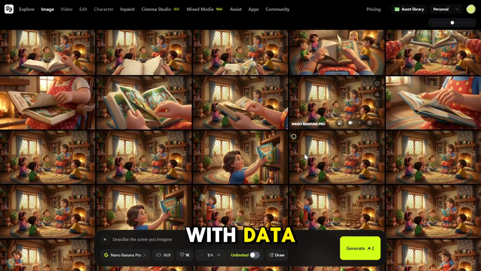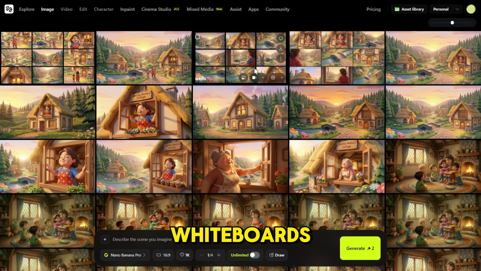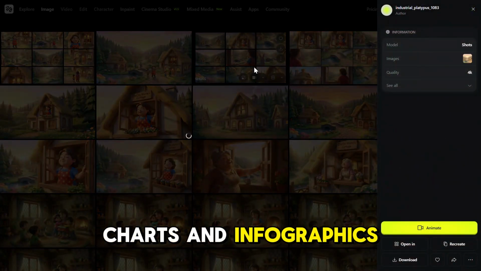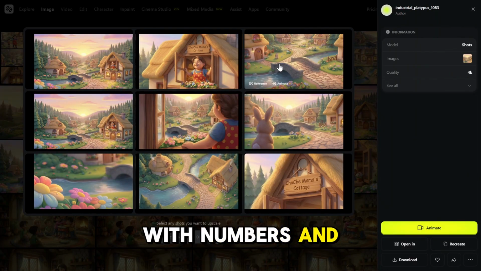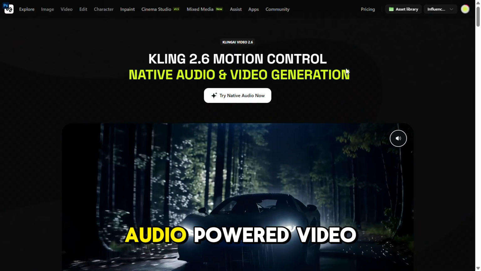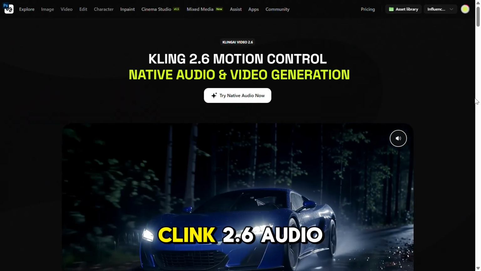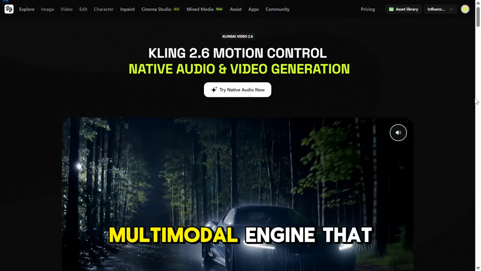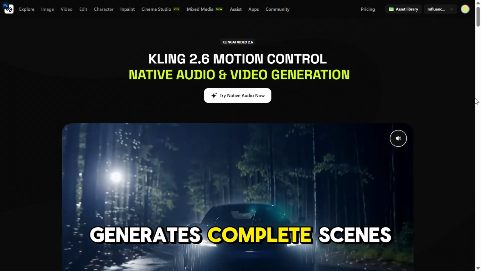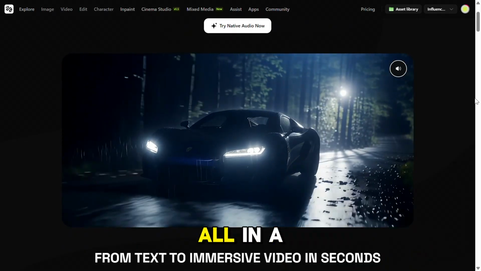And when working with data, Nano Banana Pro keeps everything logical. Whiteboards, charts, and infographics make sense visually, with numbers and structure aligned correctly. Next up, let's talk about audio-powered video creation with Kling 2.6 Audio. Kling 2.6 Audio is a new multimodal engine that generates complete scenes, visuals, voice, and ambience, all in a single